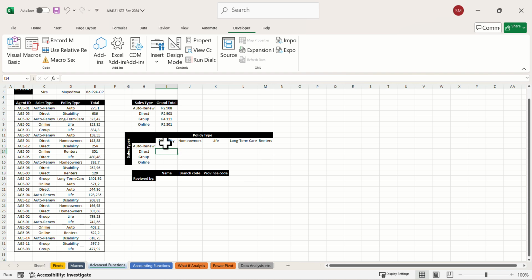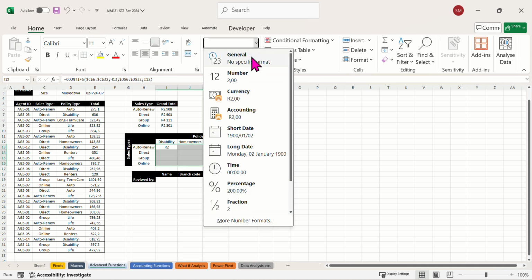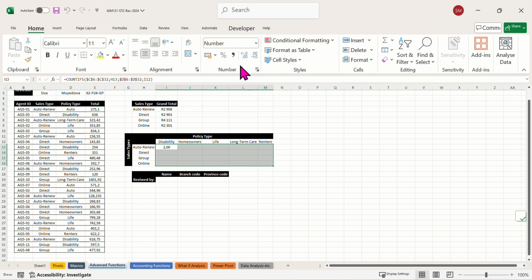There's only two, and here I put it as rands. I just need to change my number formatting to number. All right, so it's two of the policies or the sales are auto renew and disability. All right, so if I copy it across, all right, and then copy it down,